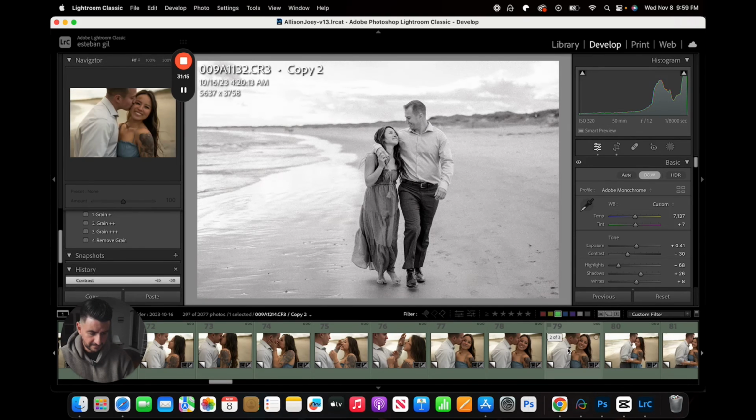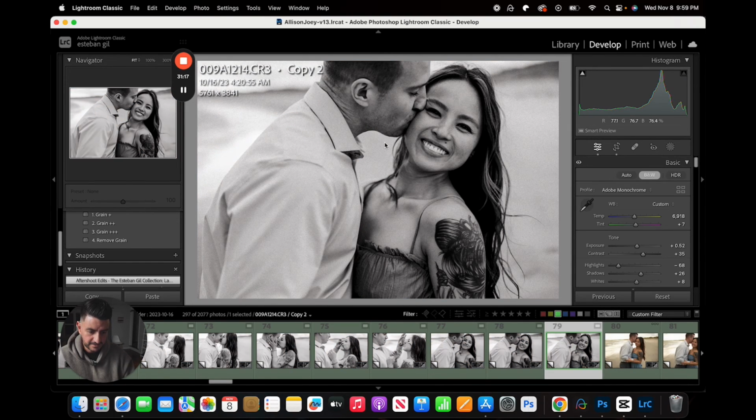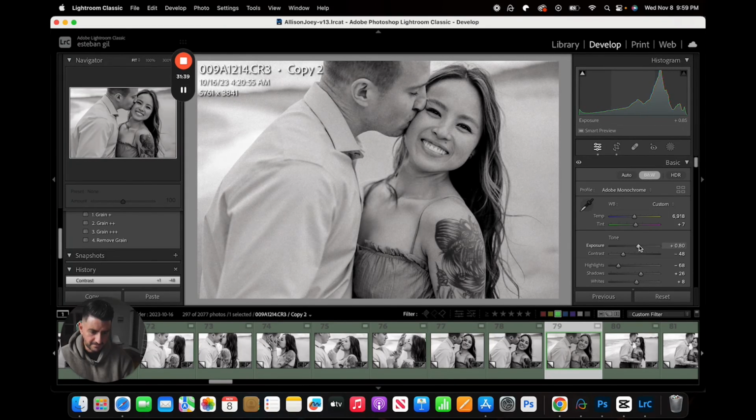And then something like this, I really love this look, especially if you look at the blacks here. I think they're very, very pronounced, which is cool. But sometimes you might want just something like this, which is more indicative of an editorial look, which is also really cool. You can go even down as much as you want, bring the exposure up or down, and there's a lot of range that you can do, especially when it comes to black and whites, especially when you're shooting with